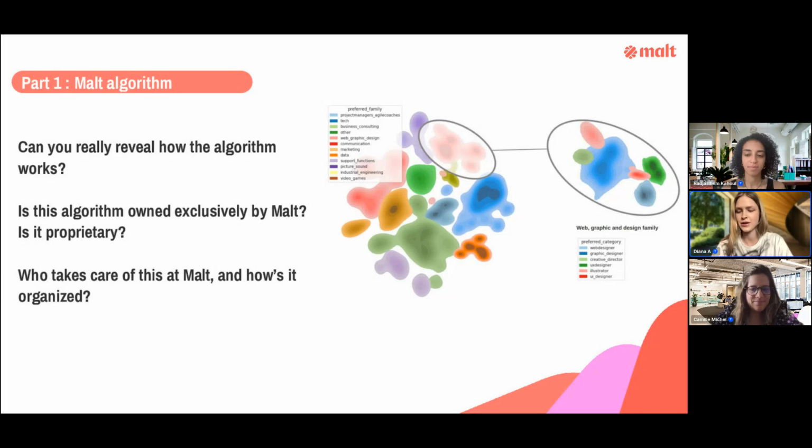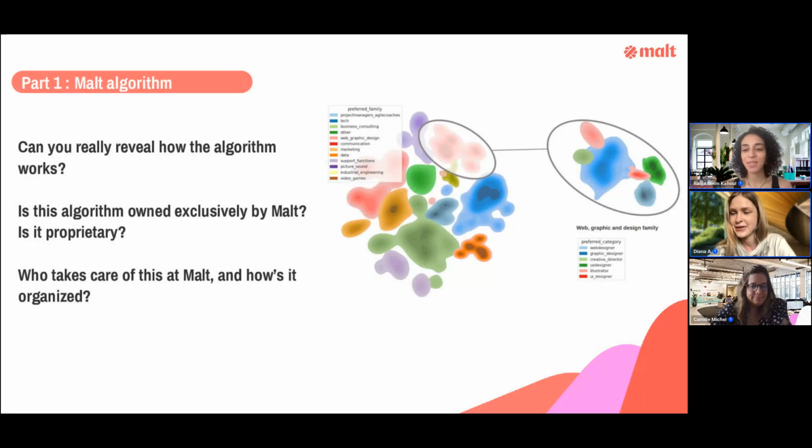And just to confirm and definitely emphasize, all of the data that the algorithm collects and reads only stays internally at Malt, only for the purposes of developing the algorithm further and helping our clients and freelancers find the road to each other. Thank you so much, Camille. I don't know if Raja has anything to add.